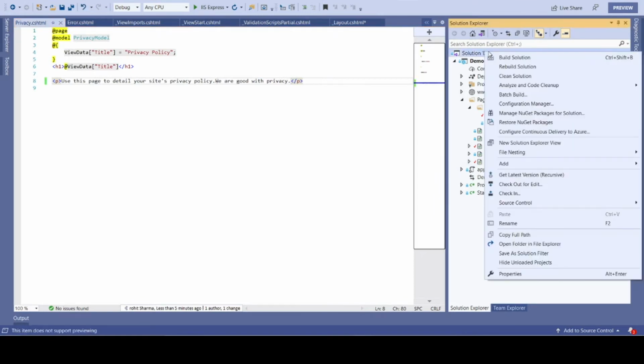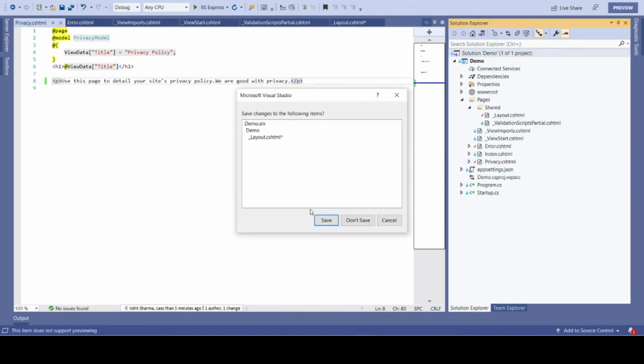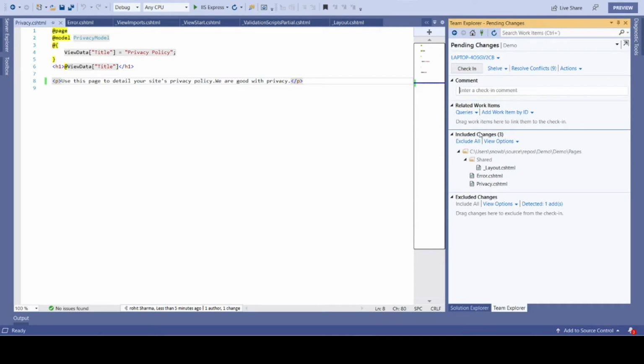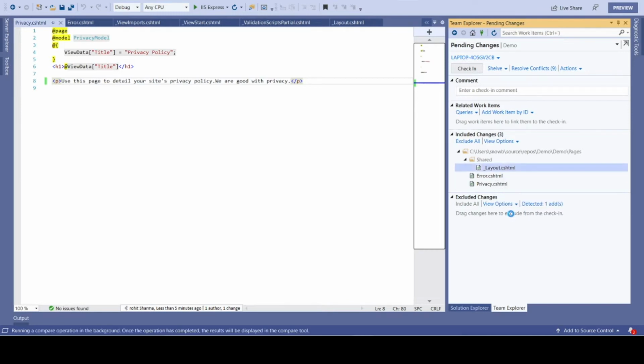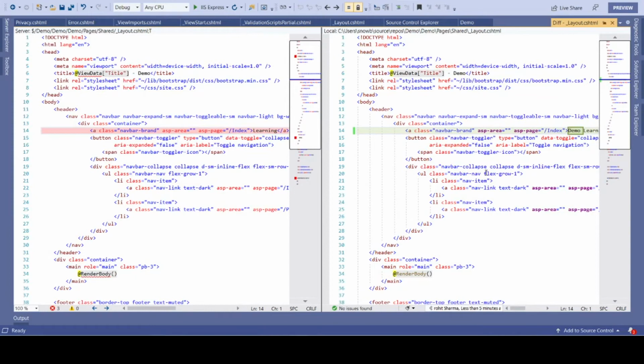Now how can I check what all the changes are? Let me click on check-in, and it will ask if anything is not saved. So we can see the changes or the modifications which we have done at this particular location. And if you want to compare your changes with the code which was already present earlier, what we have to do is right click and compare with the latest. This is also called a code difference, so that we will be comparing the difference or the changes between the previous and the latest version. So if you see here, this is the highlighted line, and it tells you that you modified this particular text here, and earlier it was learning.